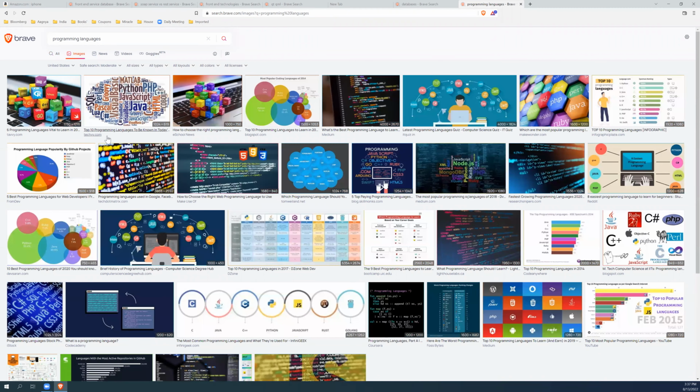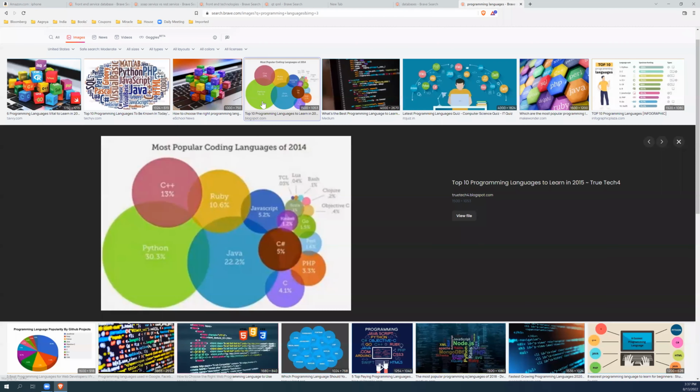So I think this is a good representation. You can see that Python has a majority of the market share, almost 30%. Okay, Python has 30%. C and